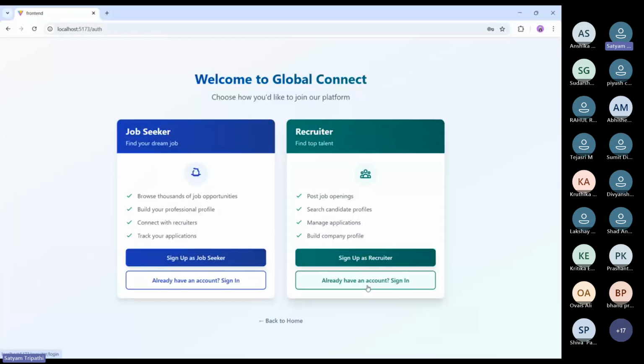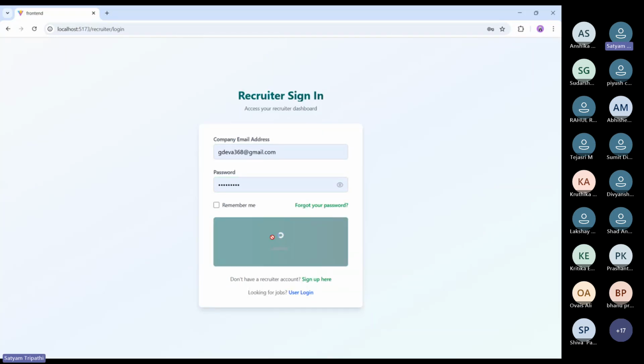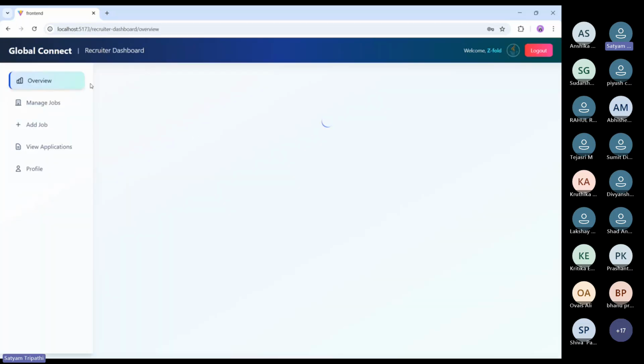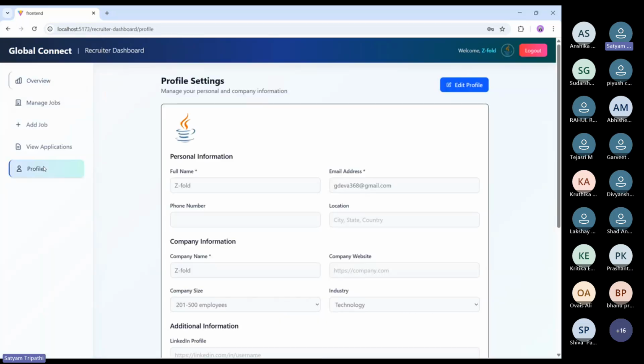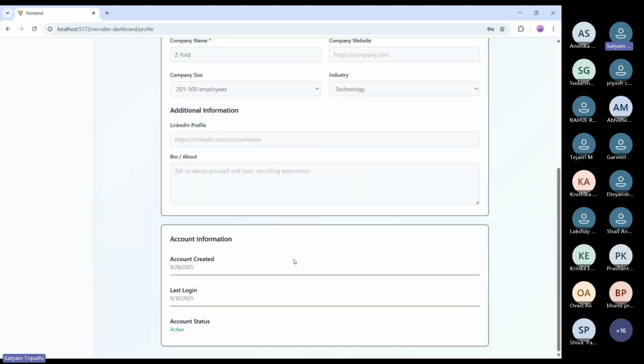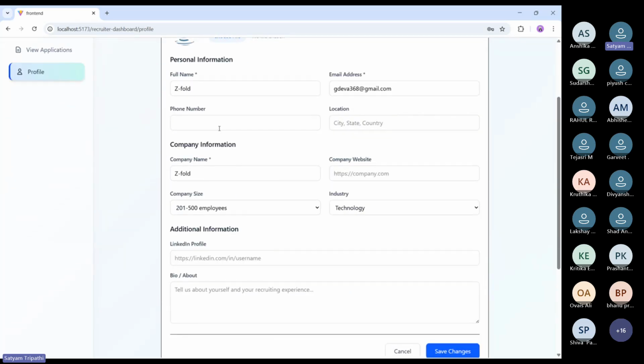I have divided this into two parts, a job recruiter and a recruiter sign in. So let me log in through recruiter. We are working on the recruiter functions right now. The user dashboard is almost completed. The profile page is working. We have added a few things like phone number, location, company website, and company size. The profile function is also working, like we can add some